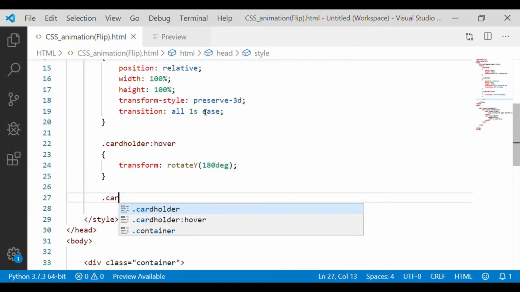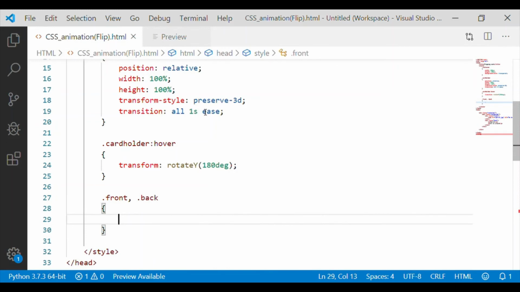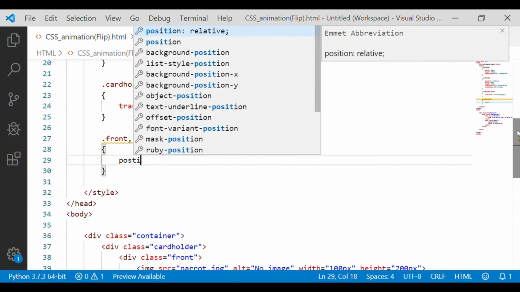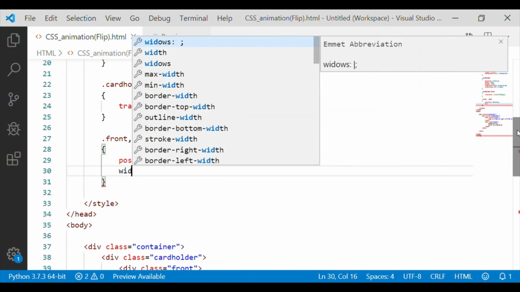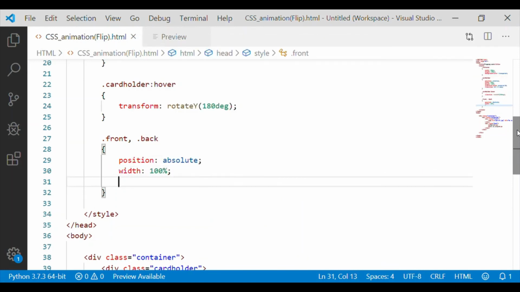We will also define the characteristics of front and back class. Common characteristics we will put in the same container. Let us position it as absolute with width and height as 100%. And one more important